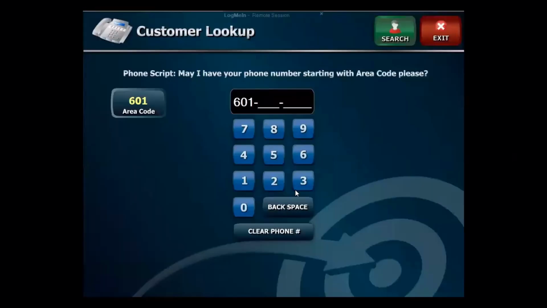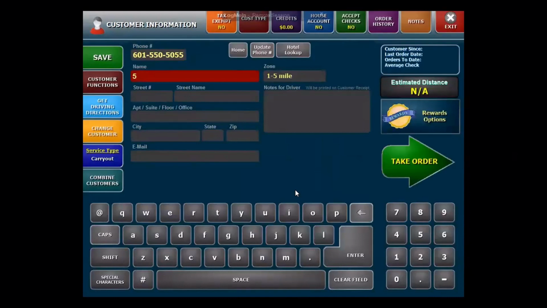So I'll go ahead and punch in a random number here. As far as this goes, pretty much everything will be normal when a customer phones in or someone walks up, you still grab their number. One of the first things we'll notice while we're here in this customer information screen is there is a rewards